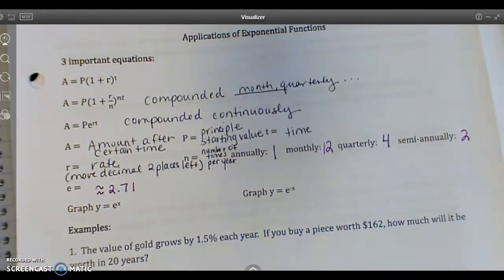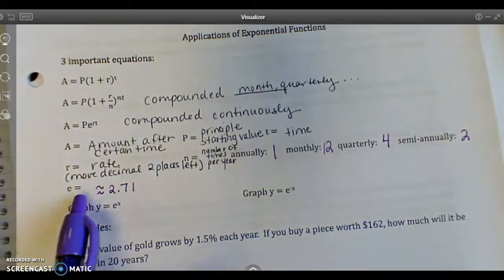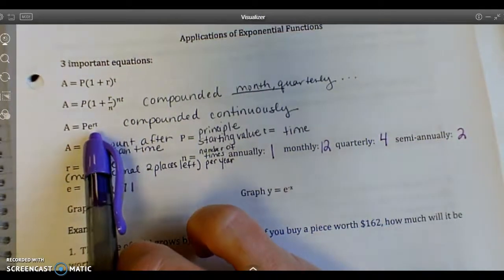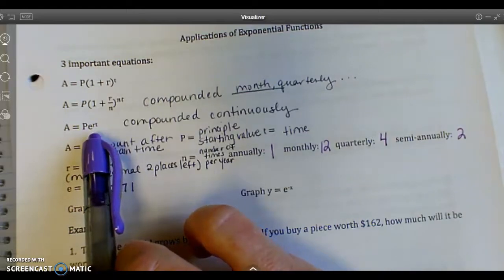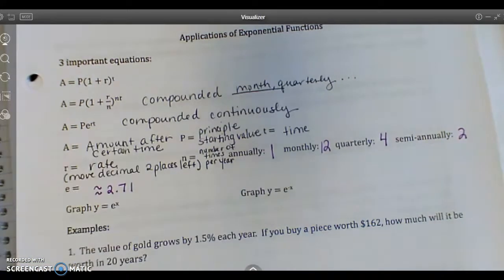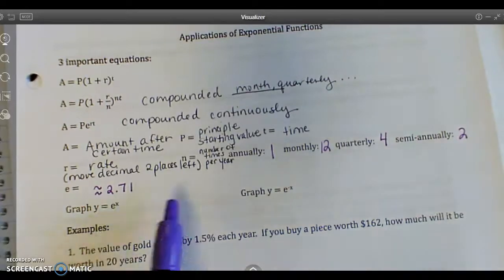It's a number that helps us with exponential growth and decay, and it helps things increase and decrease really fast. So E is a number that you won't plug anything in there. You're just going to use the E on the calculator on Desmos whenever we use that particular situation. Now, what you need to know is that when you have E to a power,